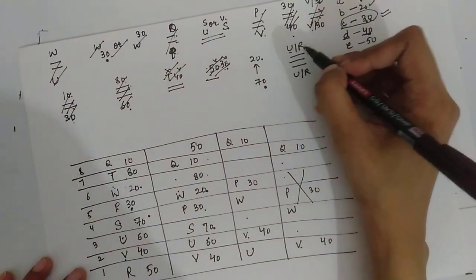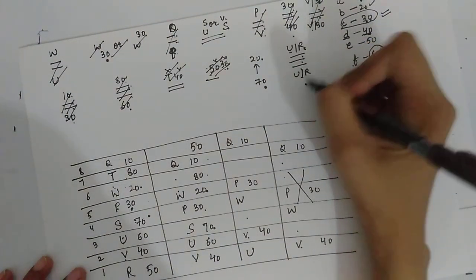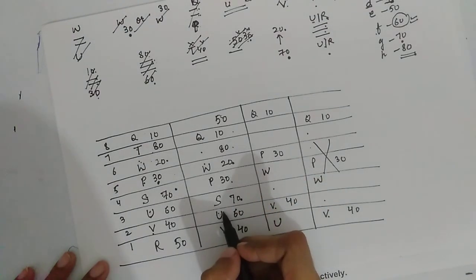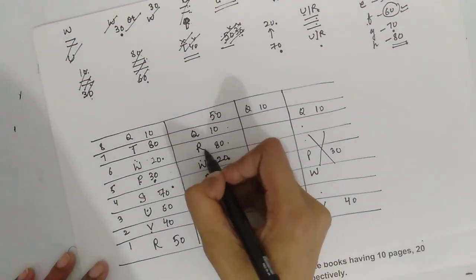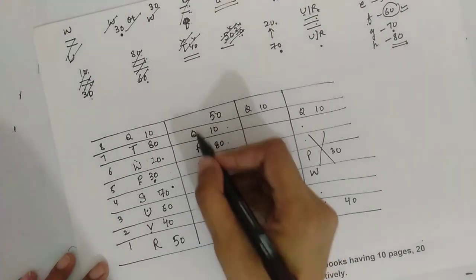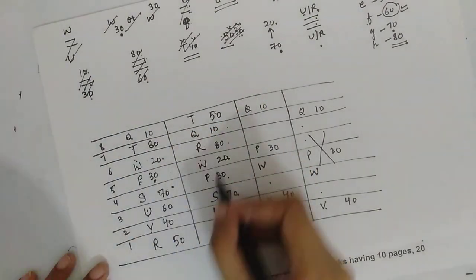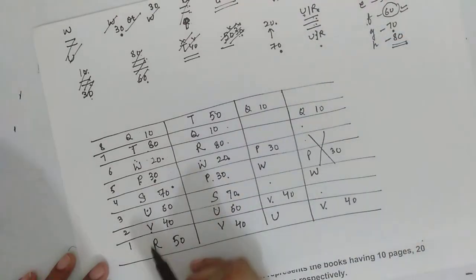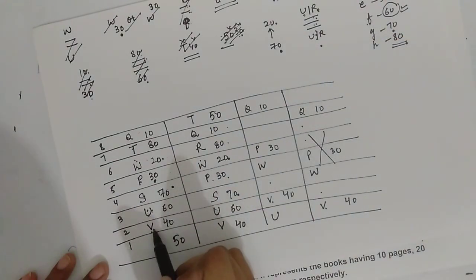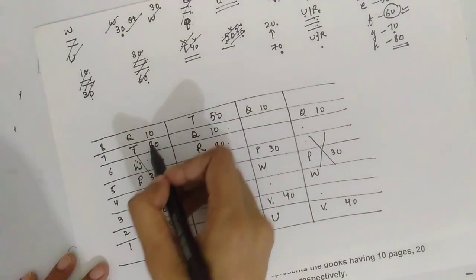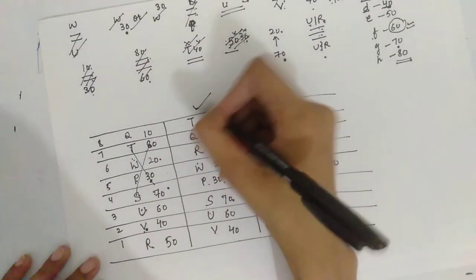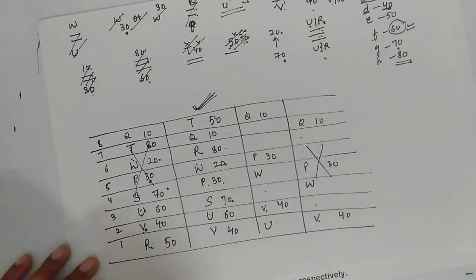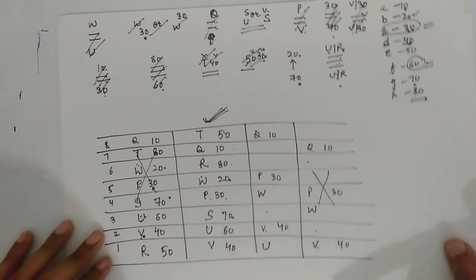U and R. Book U and R have 3 books in between them. This is book U, 1, 2, 3. Here it will be book R, and the one left is T. So now check for this one. U and R have 3 books in between them. No, U and R only have one book between them. So this case will also be rejected. So this is your final solution. Fine. This is how you have to deal with coded stack based puzzles.